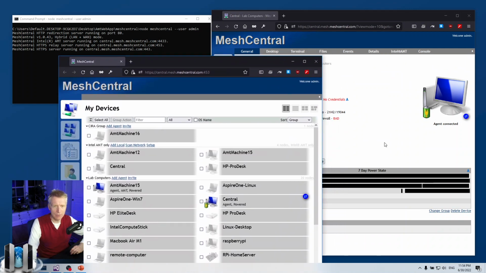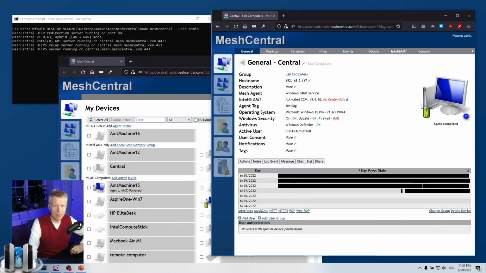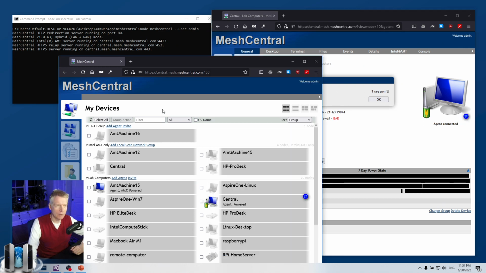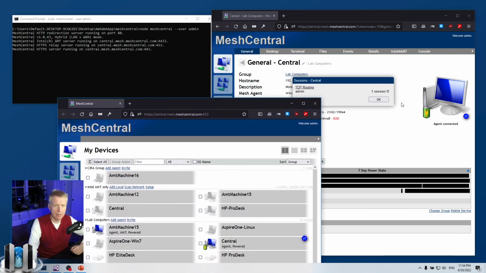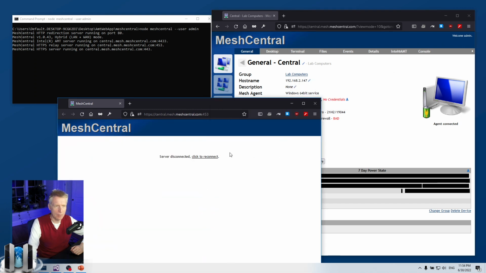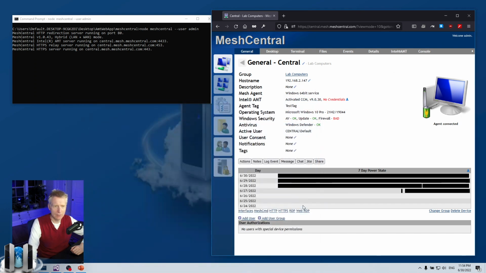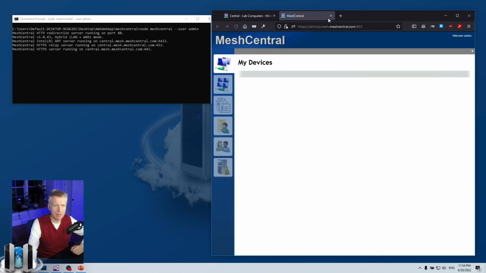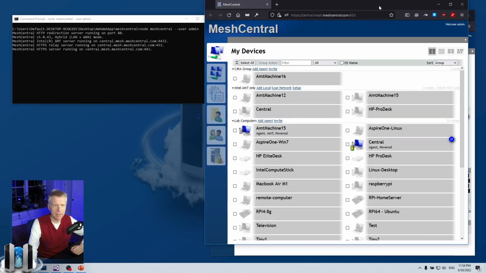And then you'll notice also that Central now has this routing connection, because this web page here has a WebSocket through the infrastructure. Then if I click the little garbage can, I can cause this web page to disconnect. And so that's good. Then I can connect back again, and there we go, I'm connected again.